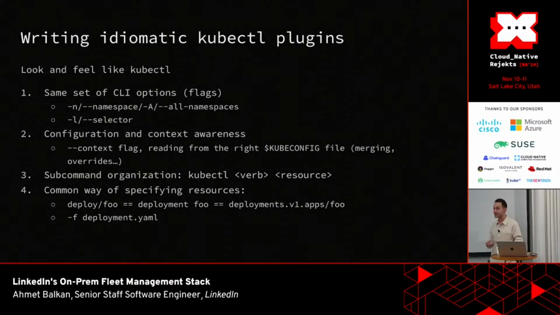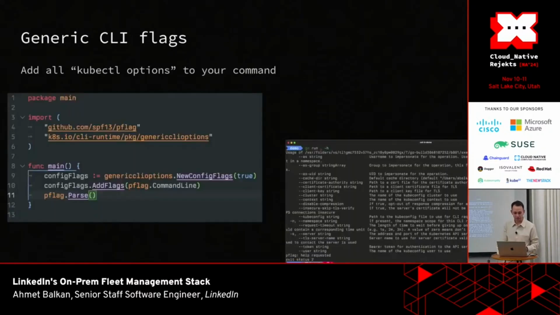You can literally specify -f deployment.yaml. You can pass that to the delete command, and it finds the resource in the file, and it deletes that resource in the cluster, right? So when you develop a tool like that, it will be ideal to do so. So we're going to start with the generic CLI